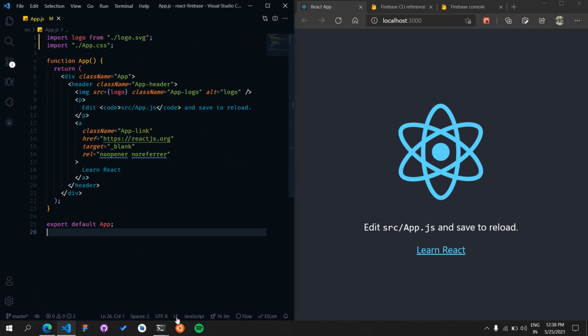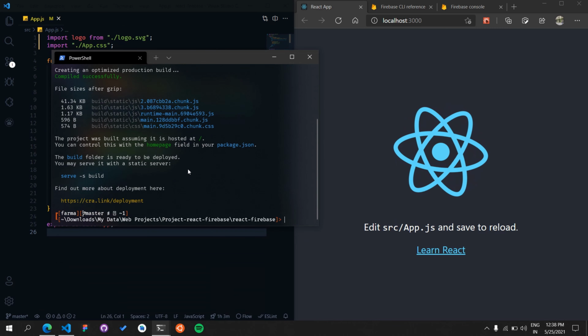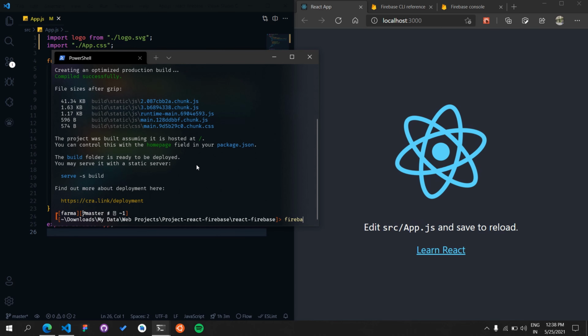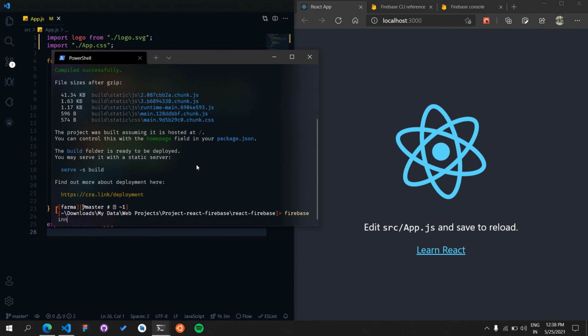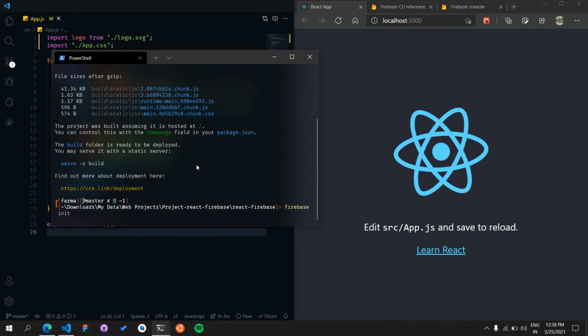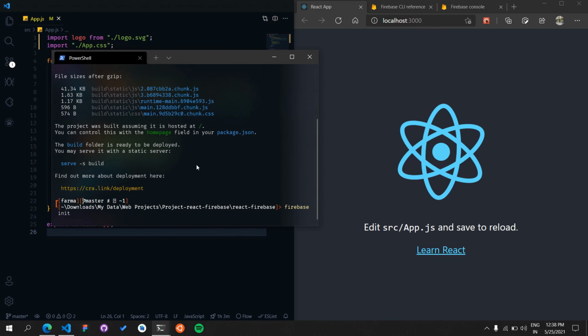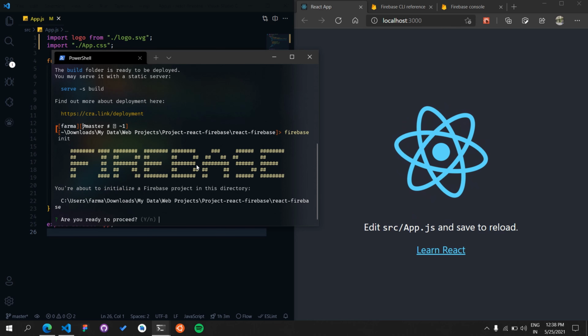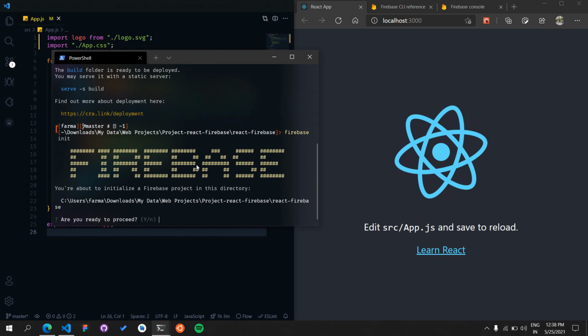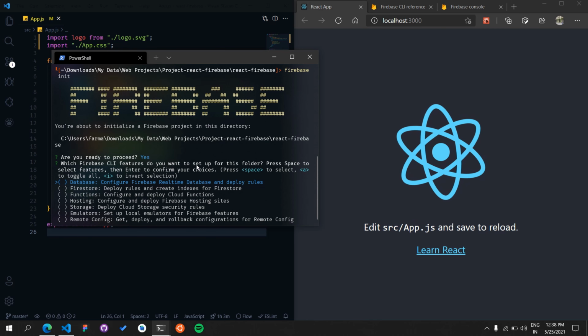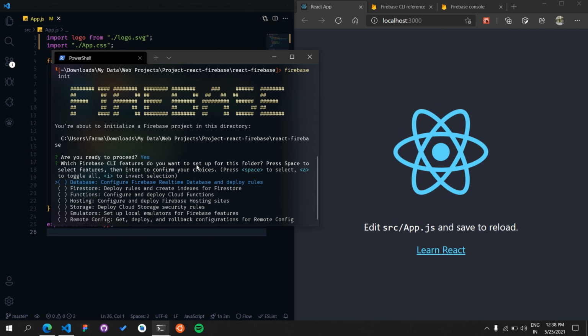So now all you have to do is just go to the terminal and say firebase init. So you have to select here.